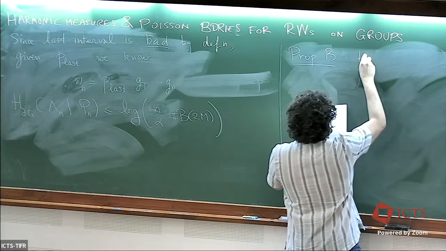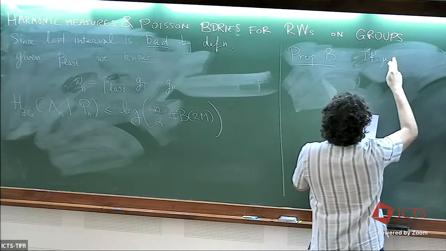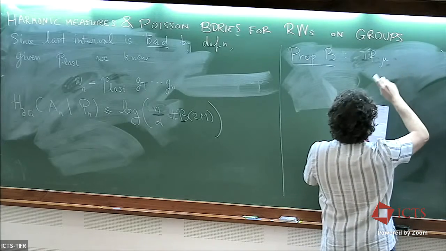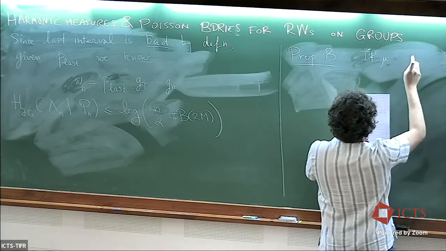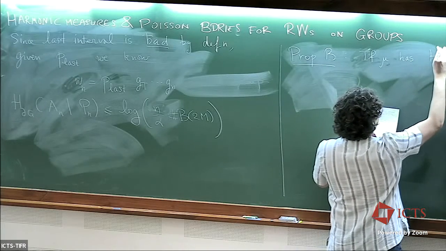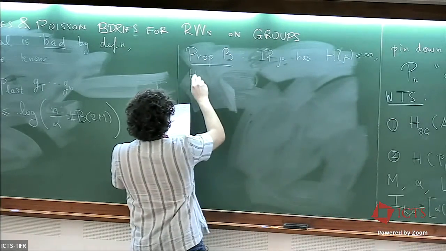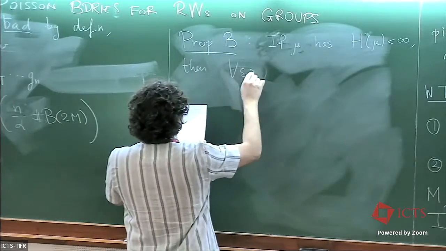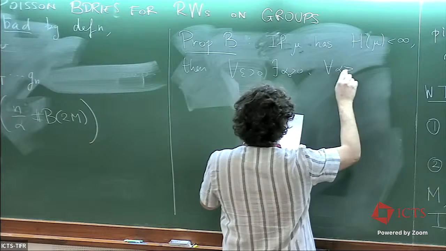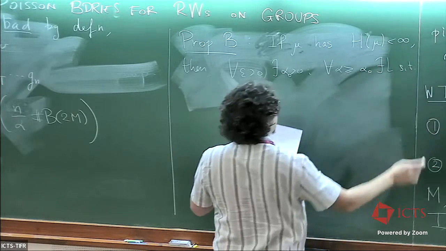We said the following: mu, in fact, here mu again should be an alternating measure to be precise, but let's gloss over this. So if mu has finite entropy, then for every epsilon, there exists some alpha naught, such that for every alpha bigger than alpha naught, there exists L such that